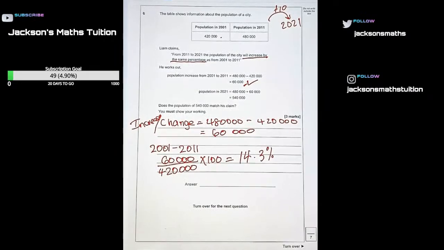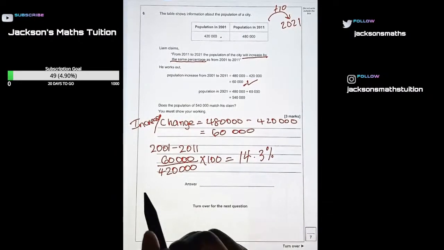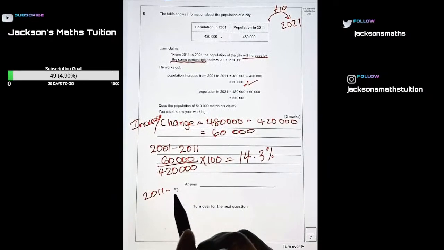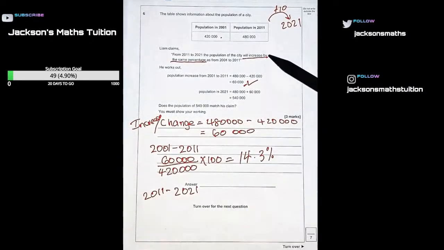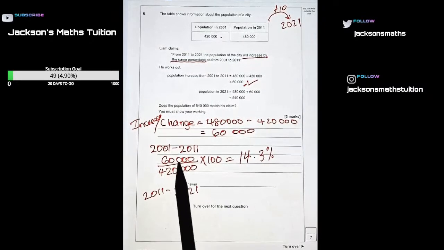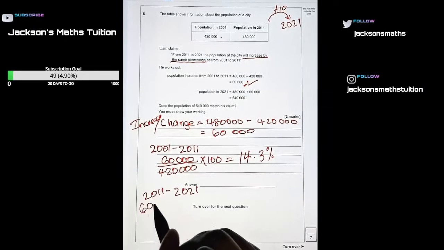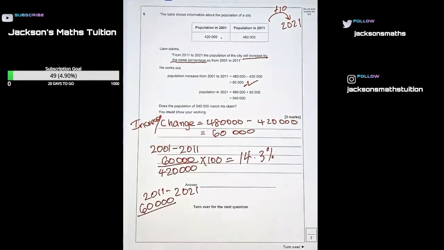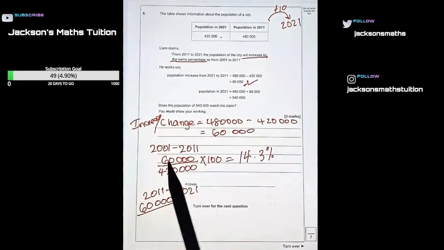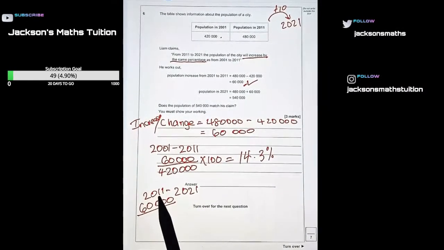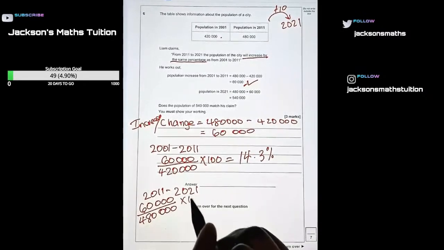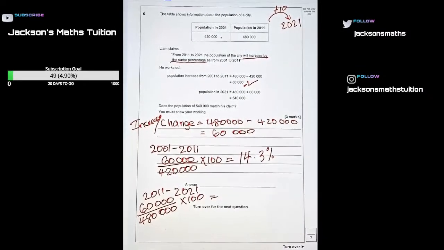Now we're going to do the second percentage change from 2011 to 2021. And assuming that it is going to be increasing by the same amount, we're still using the 60,000 for our increase. And now our new original amount is going to be the figure from 2011, so it's going to be 480,000 in your denominator, and then times that by 100. Pop that in the calculator, and you should be getting